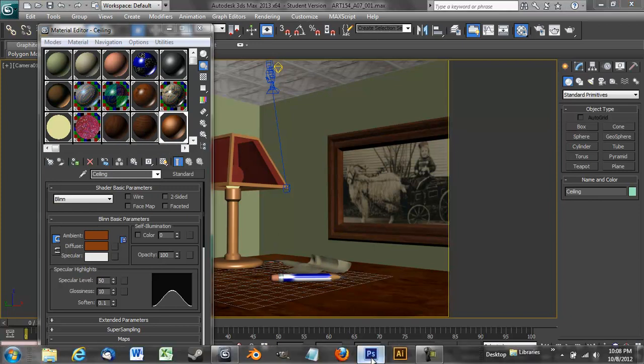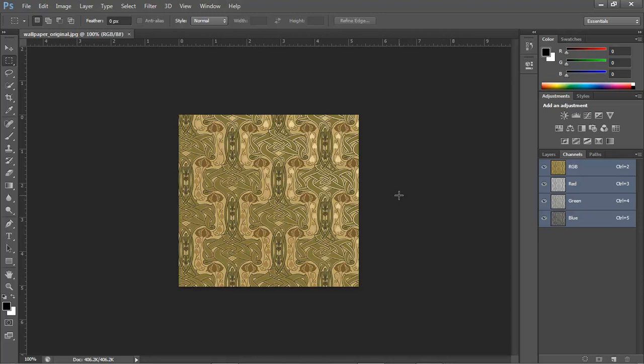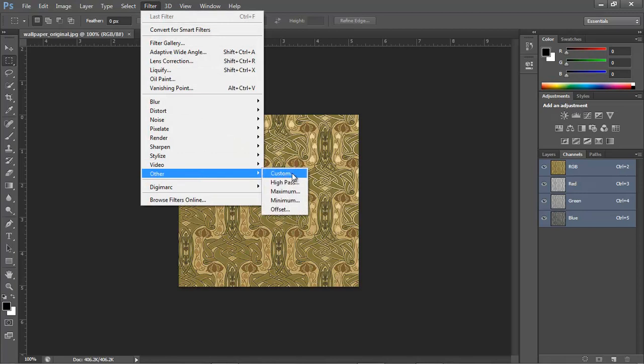So what I'm going to do is go over to Photoshop, and you can also use GIMP, which is a free open source photo editing program as well. If you don't have Photoshop, there's nothing special that Photoshop enables you to do with this, but you need a filter called offset. So if I go Filter, Other, Offset,